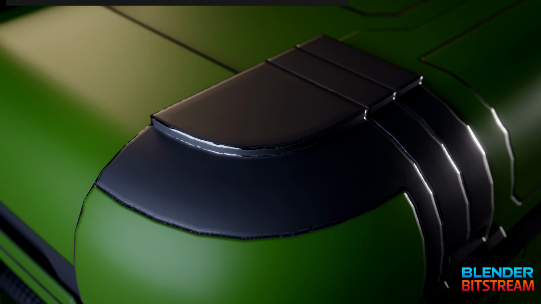I hope this helped and gave you a clearer understanding of how curvature maps can fit into a hard surface